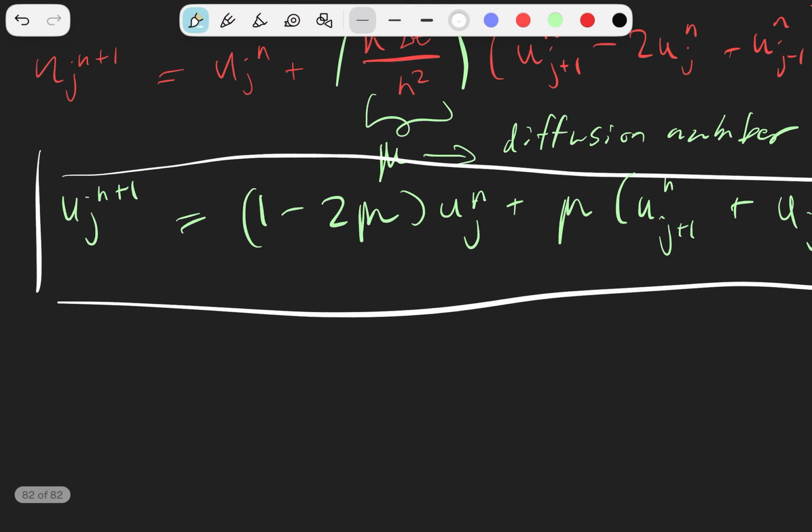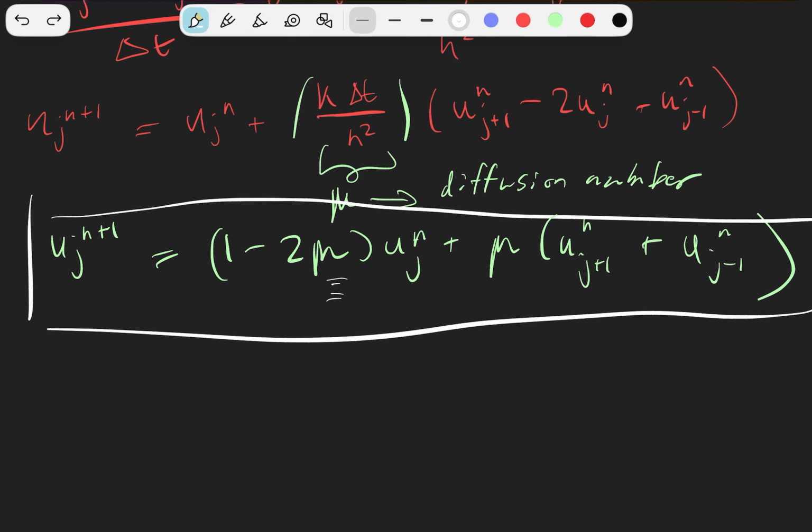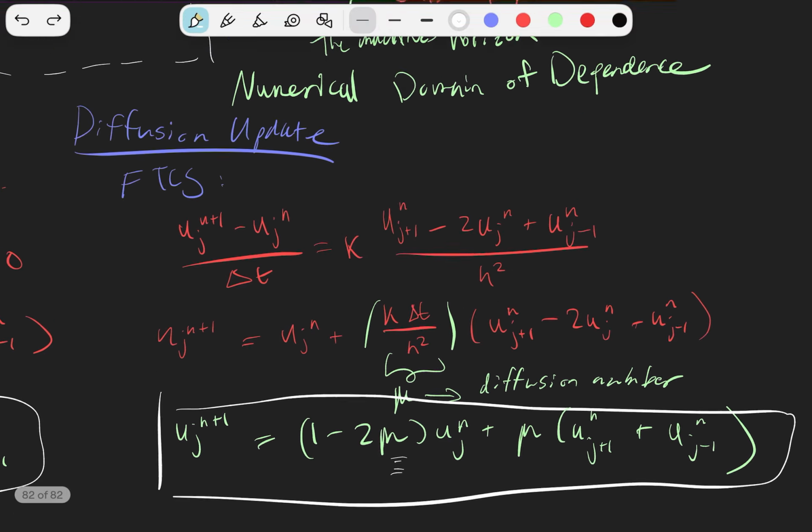What is that saying? If mu gets too big, specifically if mu is greater than 1/2, the coefficient becomes negative. All right, and the machine will overcorrect. So that's kind of a problem too. It just seems like problems keep happening. Physics is hard, guys. Okay, so we just keep running into problems, and the machine will overcorrect, and you'll get